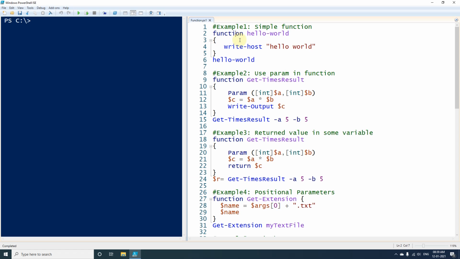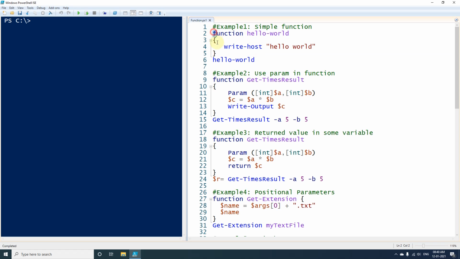Now we will see some examples on function, how we can create and how we call the function. This is our first example, and in this one I have just used a simple function. Simple function means we have not used any parameter or any return value. Simply I have created the function and given the name hello world, and in this one I am just printing the message hello world.